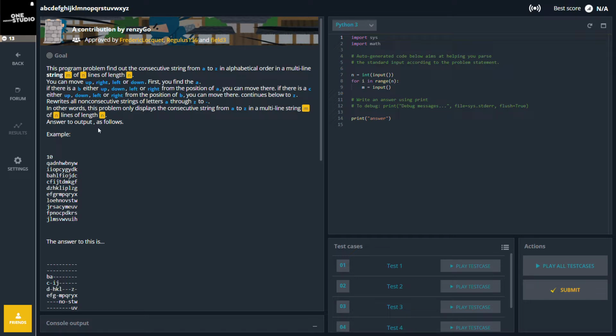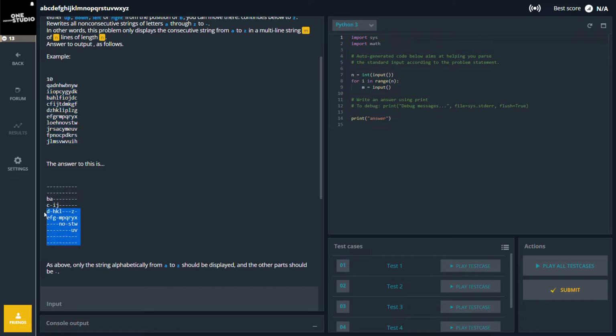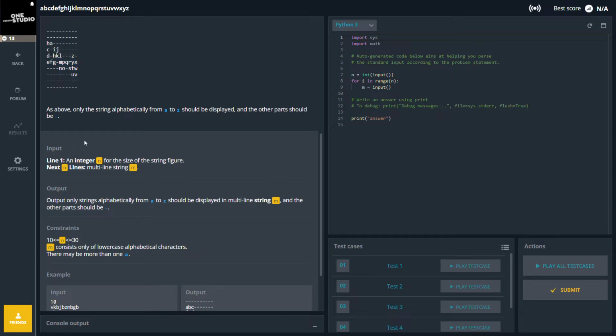Rewrite all non-consecutive strings of letters A through Z to the dash line. In other words, this problem only displays a consecutive string from A to Z in a multi-line string m of n lines of length n. So this is an example, and this leads to this. As above, only the string alphabetically from A to Z should be displayed, and the other parts should be the dash